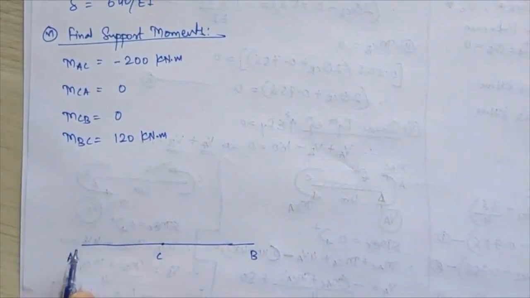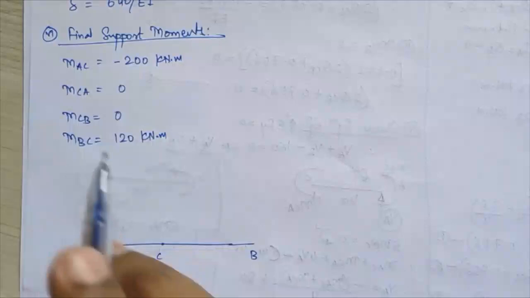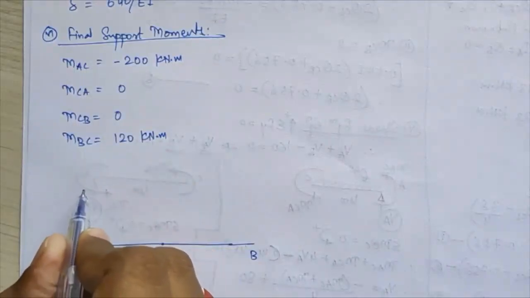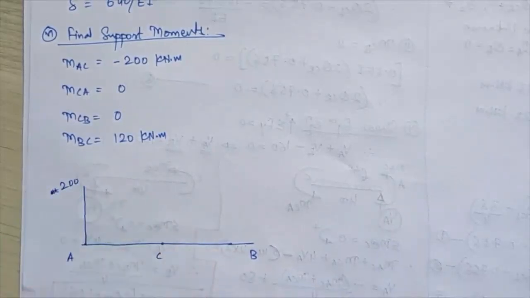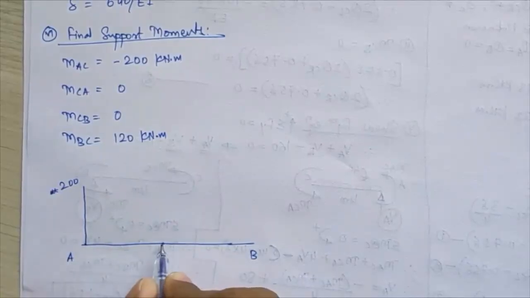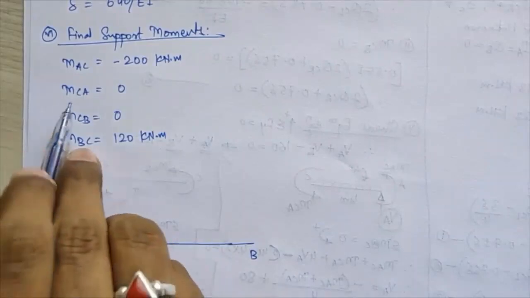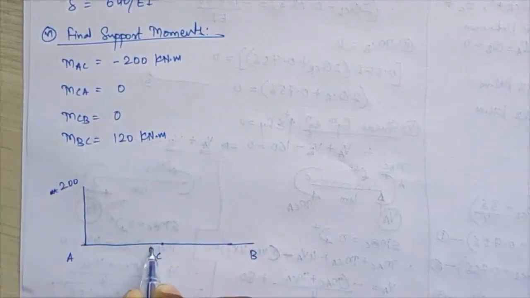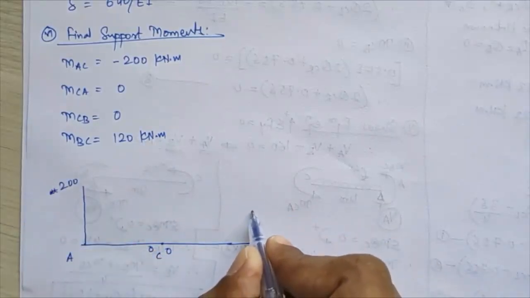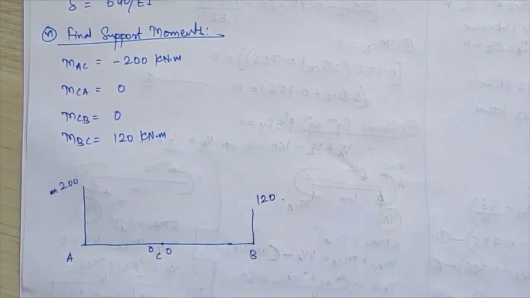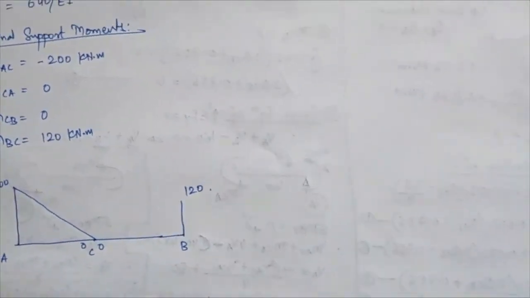Okay, so at A I am getting minus 200. If you see sign conventions, that minus moment we plot on the upward side, so this will be your 200. You will not write the sign here because you are already plotting it on the negative side. Then for your CA member you are getting this value equal to 0. Next again for CB you are getting this value equal to 0, and for BC you are getting it equal to 120. Okay, so just simply what you have to do, you have to join these support moments by straight lines